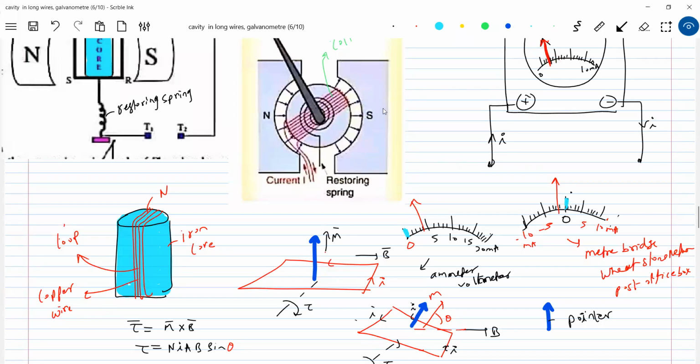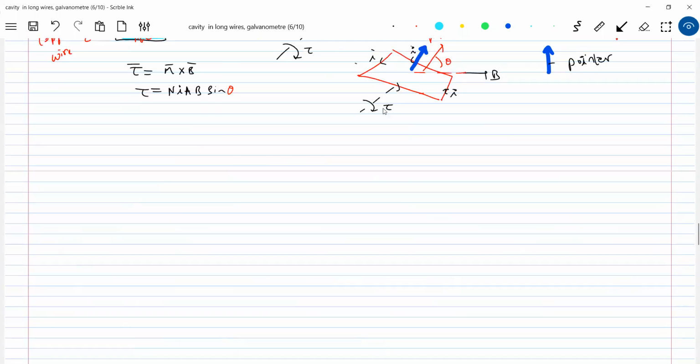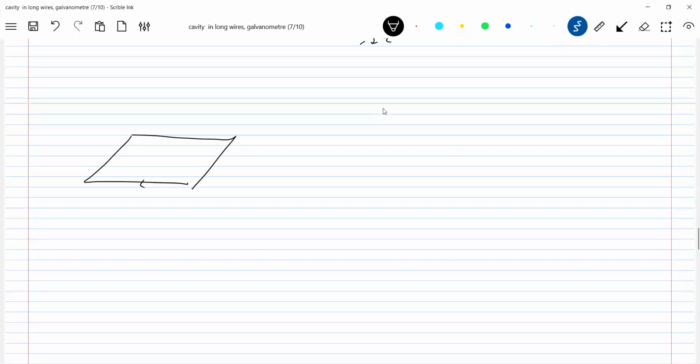So what is basically our mechanism now? The mechanism of design should be on a loop, this M bar, there's a B bar. There should be some sort of spring. I'll show a spring like this. Now this will be much easier. There's a spring, or it's only a wire, like a torsional wire. So as it rotates,